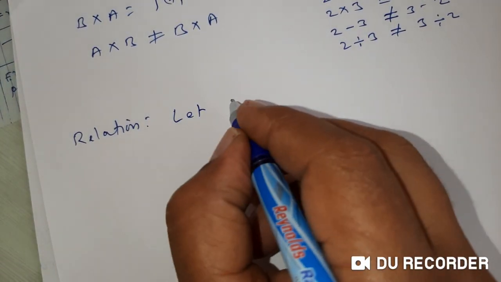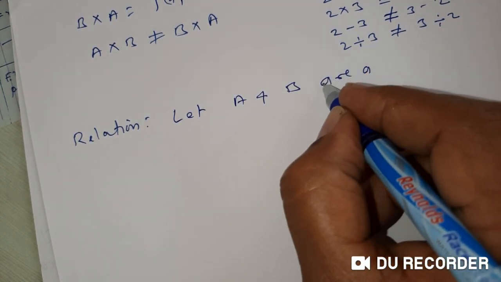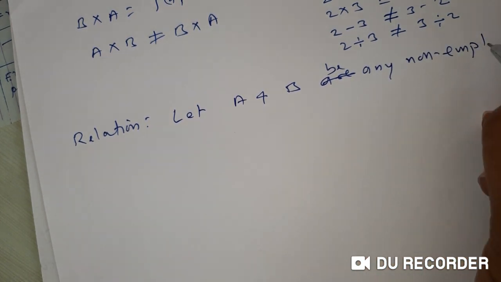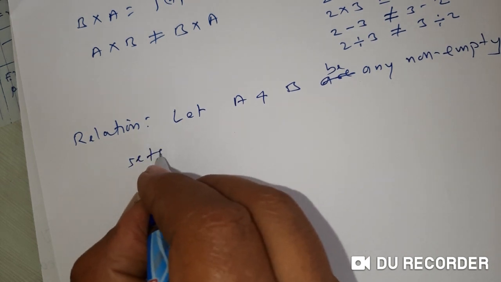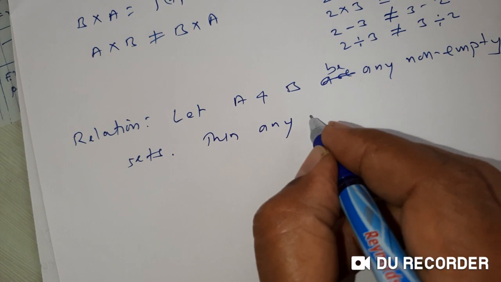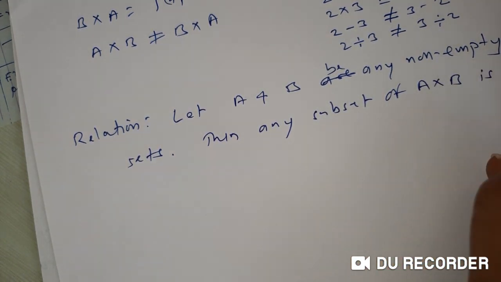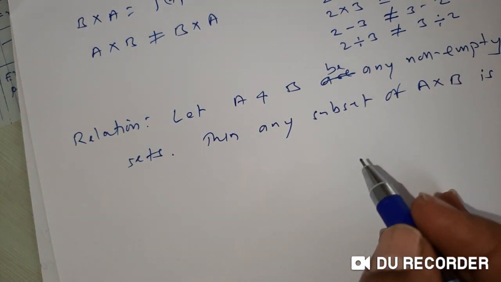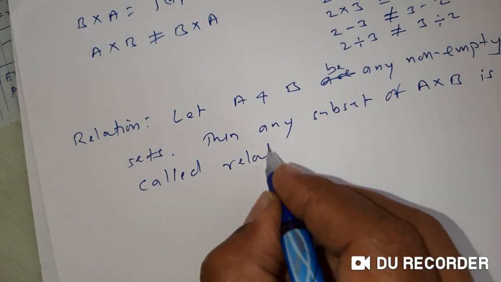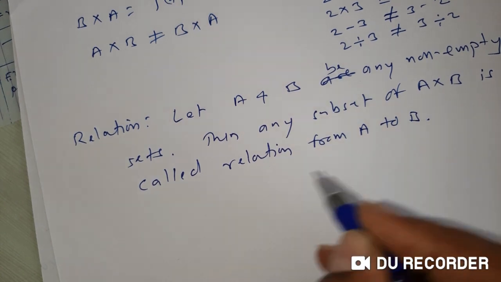Let A and B be any two non-empty sets, then any subset of A cross B is called a relation from A to B. For example,